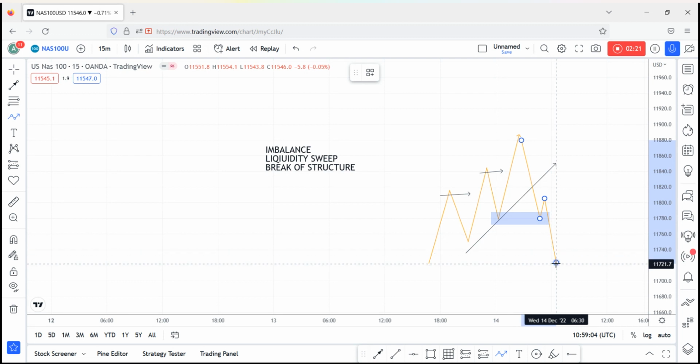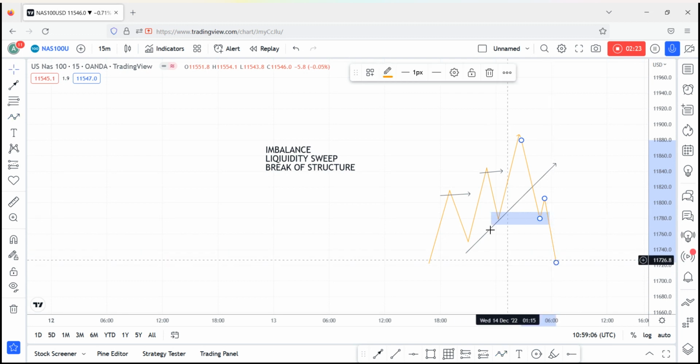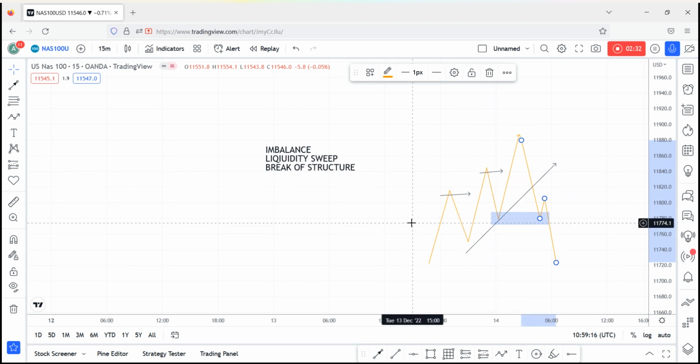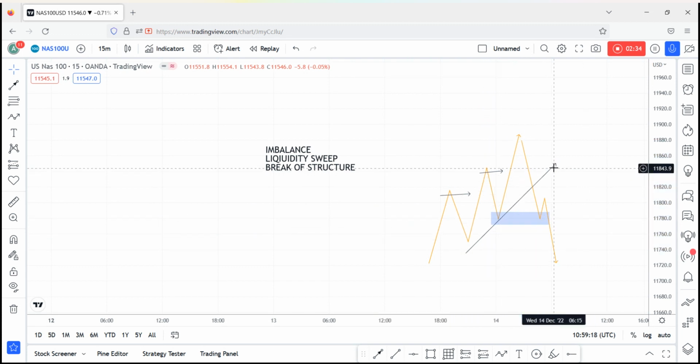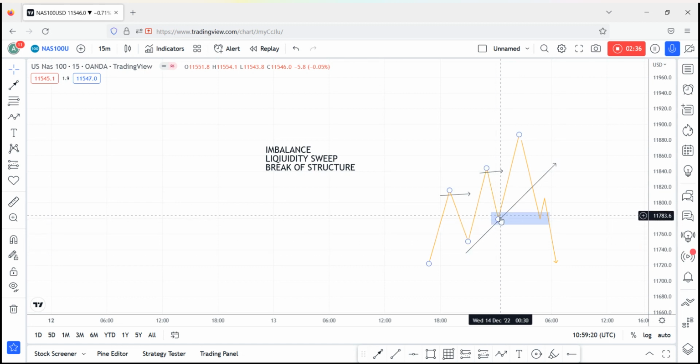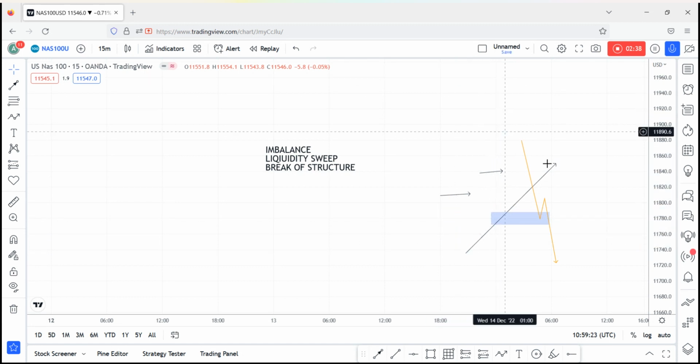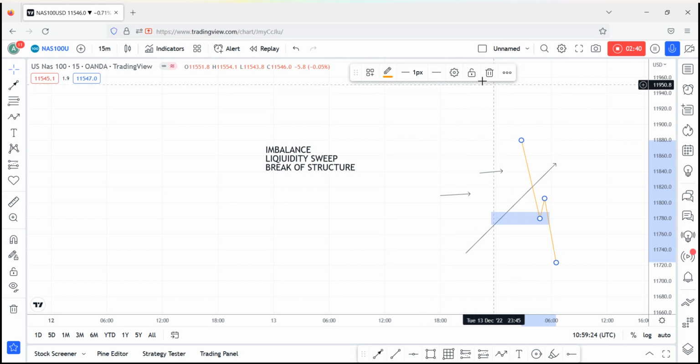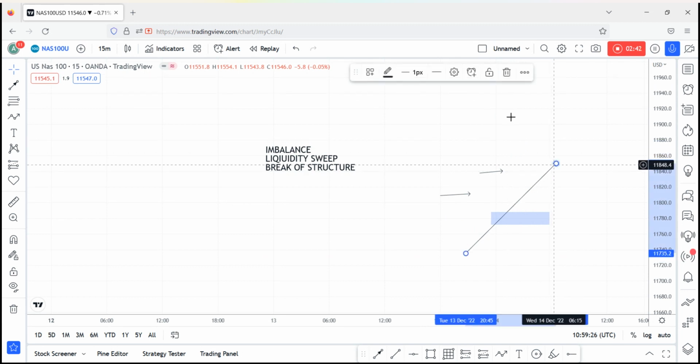Why does this happen? Because there is no liquidity to the upside or the downside. And while selecting this zone as your demand zone, you will become the liquidity, right? So don't choose the zones that do not have the liquidity, or the zones that do not create a liquidity sweep,